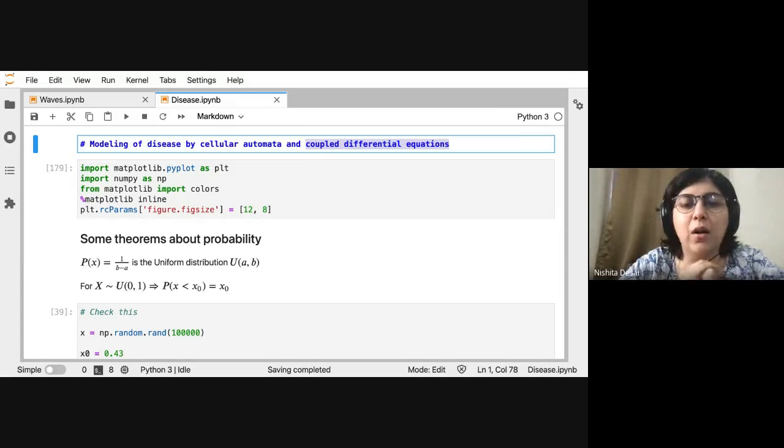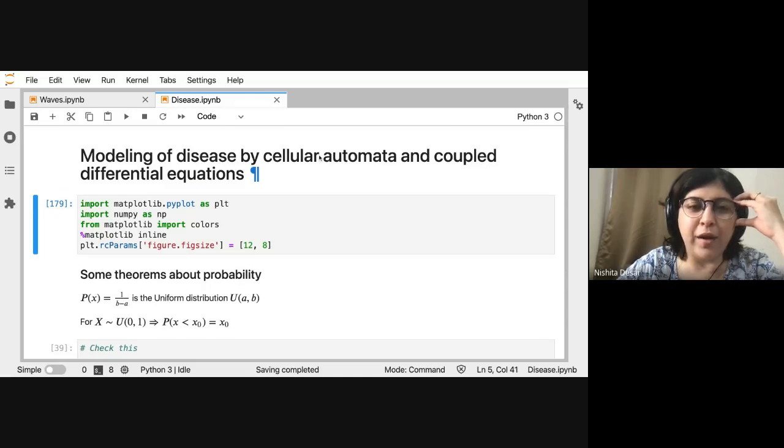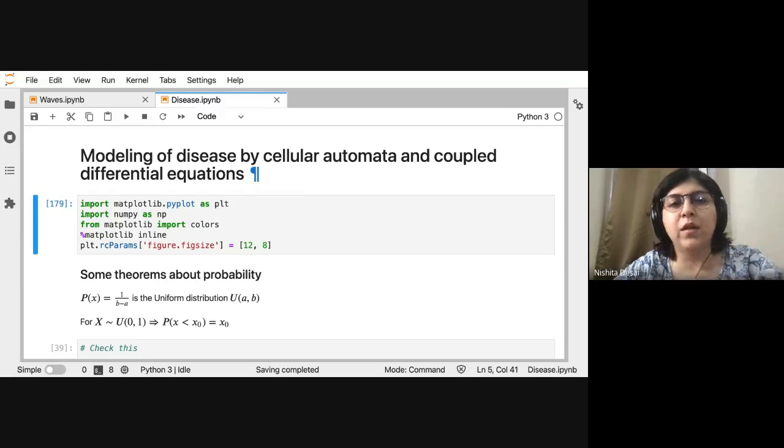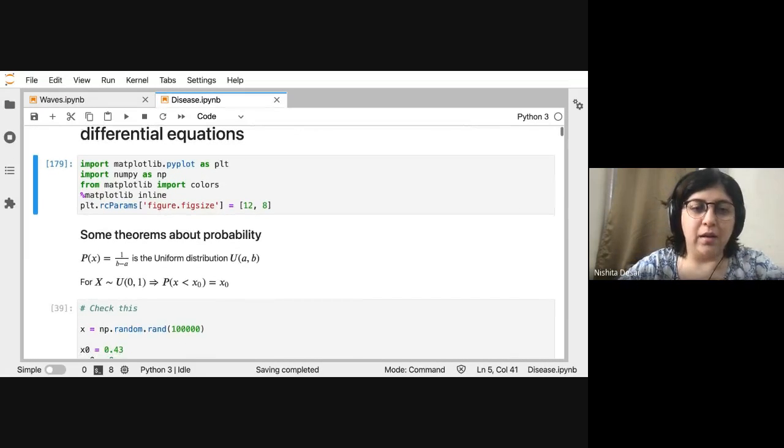So we've been talking about coupled differential equations already, so that is why I've put it in the second part of this. And in the beginning, we are going to learn about this concept called cellular automata, which is an idea that very, very simple rules can lead to very complex behavior. This became popular once computers started becoming popular, and these kinds of models you could write very easily. So let's just get into it rather than talking about it a lot.